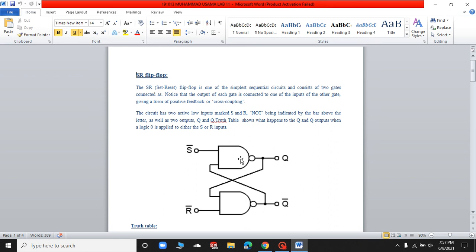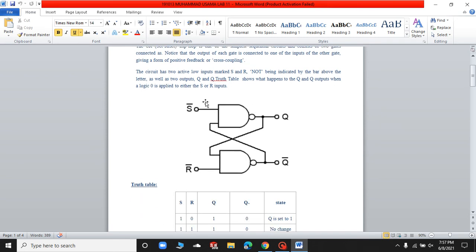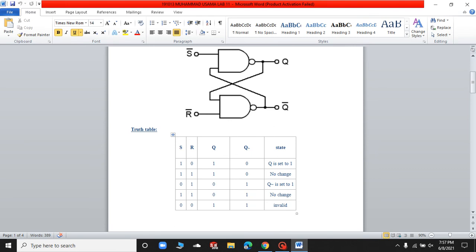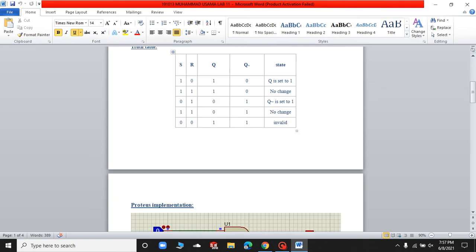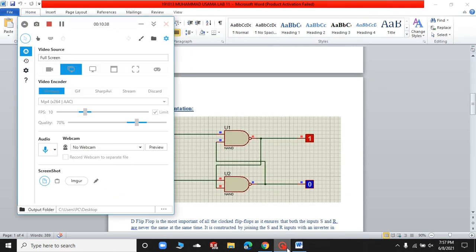The flip flop circuit is the basic memory storing unit of the computer, so this is very important to know. This is the truth table of the flip flop, and this is the Proteus implementation.